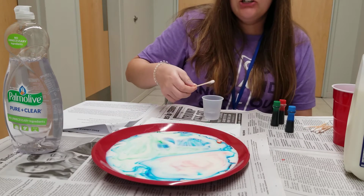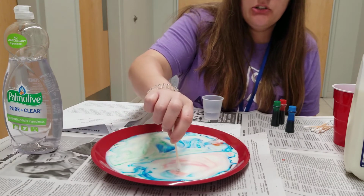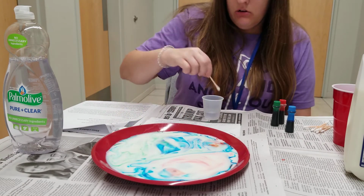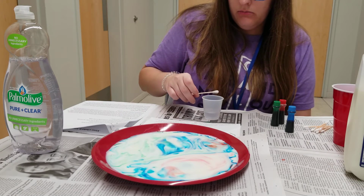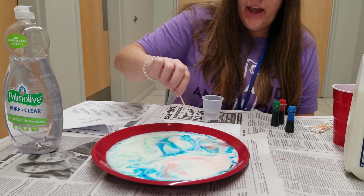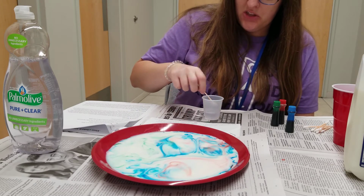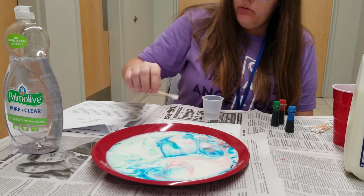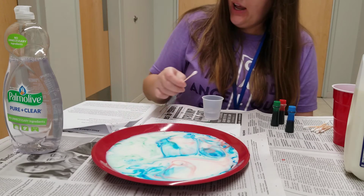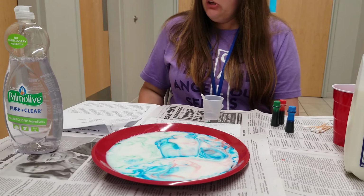I almost think I should have just put one drop of each color so it would react better, but that's okay. But as long as you can see that a reaction did happen between the milk and food coloring and the dish soap. Okay, so did you see the colors move all over the plate? If you did,